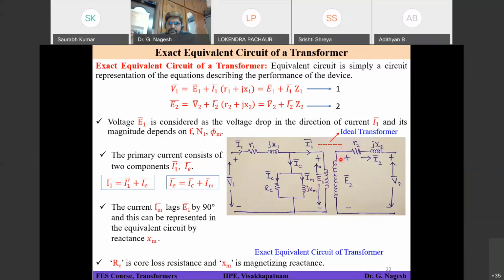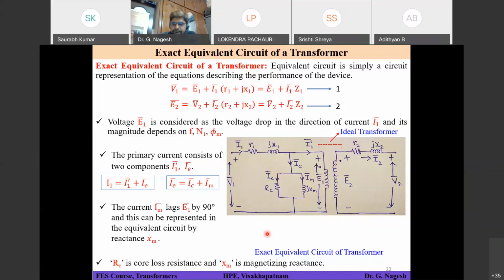Okay, so this is actually shown in the figure, but this does not have any significance because the equivalent of the core is shown in the electrical circuit. The equivalent of the resistance is also shown as an electrical parameter on the secondary side. The equivalent of the resistance present in the winding is also shown as an electrical parameter on the primary side. Okay, so that means this is an ideal winding, that's all. Even if you remove this, it doesn't create any difference. Okay, this is an ideal thing. This does not have any significance. Okay, because from the electrical point of view, all the equivalents analogous to your magnetic circuit are already shown in the circuit. Is it clear?